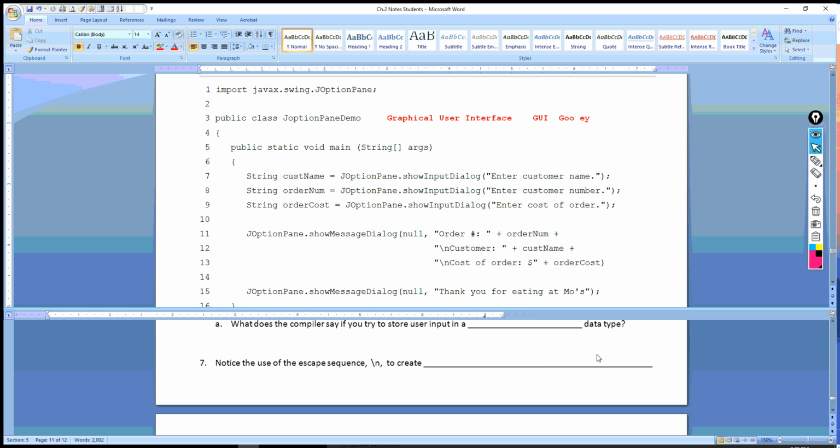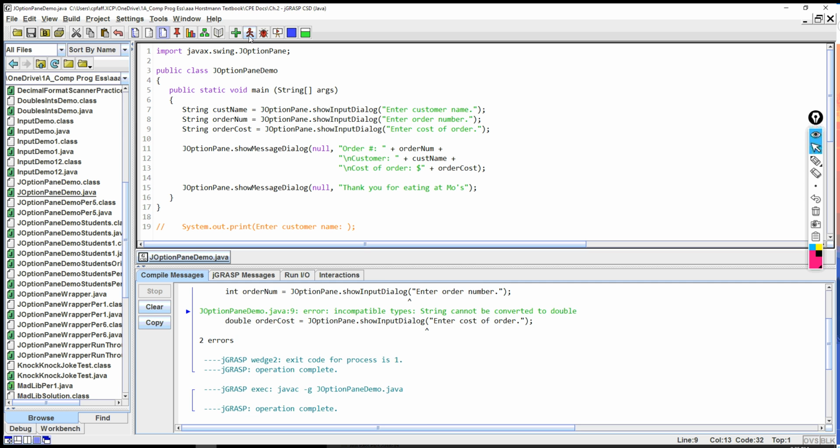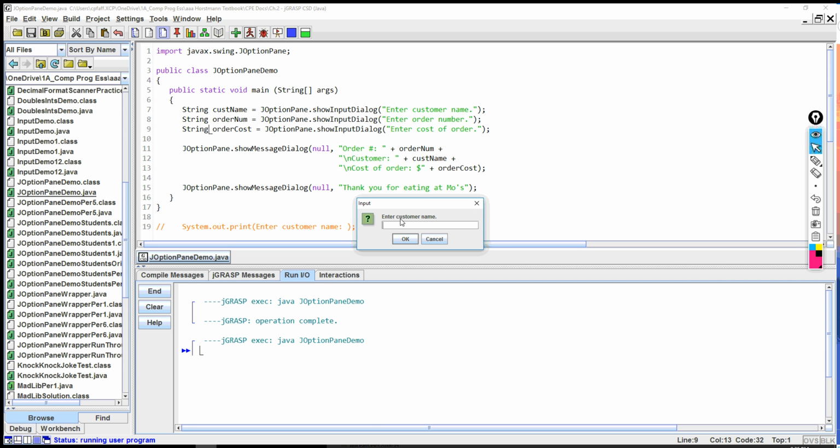Now, notice the use of the escape sequence, which is for /n. Let's see what it's used for. So if we look at this, just a really quick reminder, if I can change this to a string, compile it and run it, and we go Sally, 25, 12.45. Okay, so we have